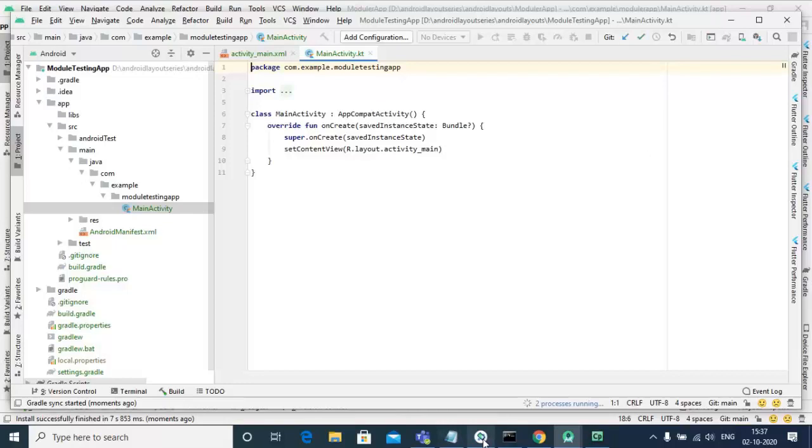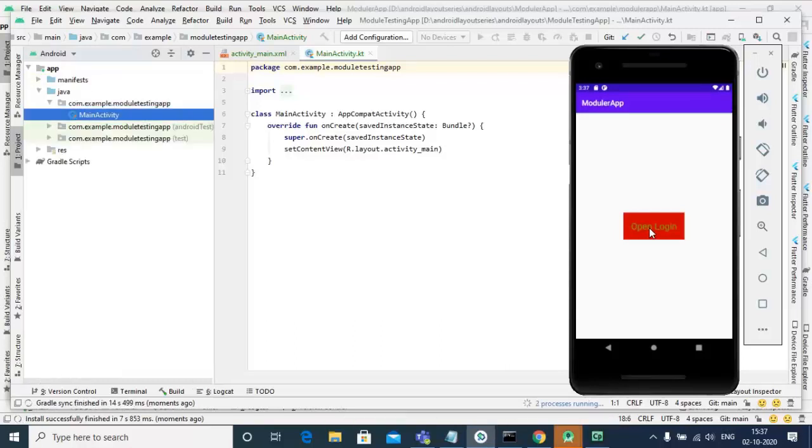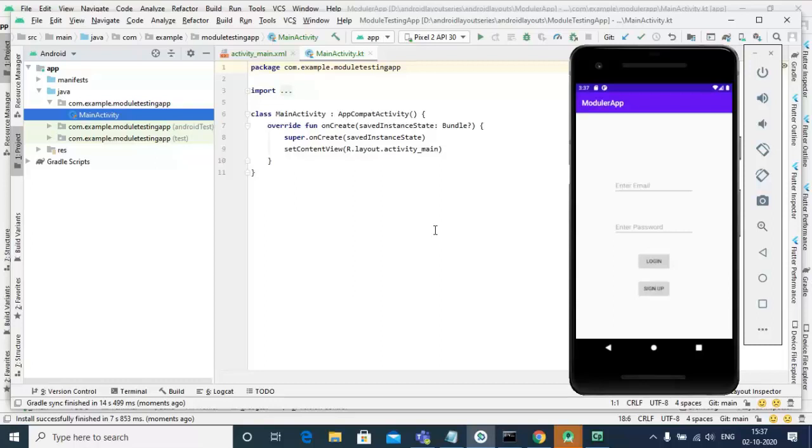Now it's launched. Let's see how it will work. When you click, desired output, we move to login and go back and click again, and you need to login. Okay,